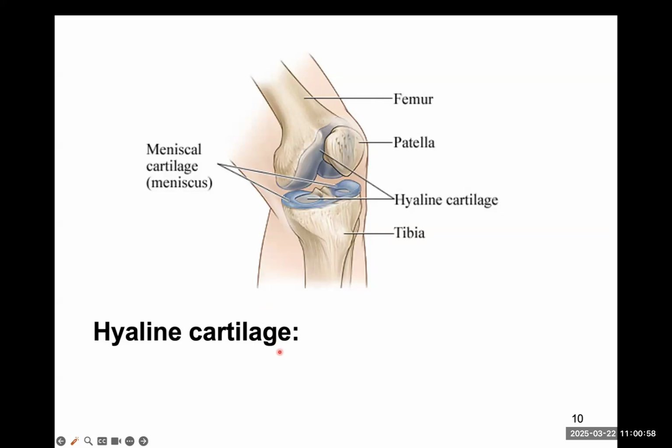So the cartilage is not only found in your nose and your ears, but also found at the end of your long bones, like here. And the reason that they're there is because they help to cushion the long bones. When you have a joint and the bones are constantly moving against each other, they wouldn't get damaged if you have this cartilage there. If you didn't have cartilage there,